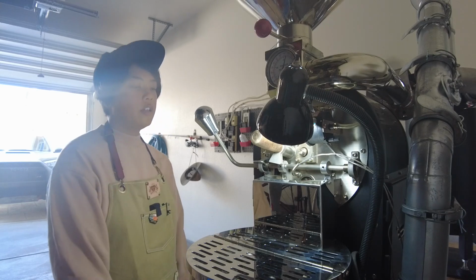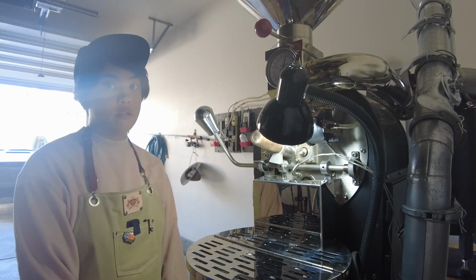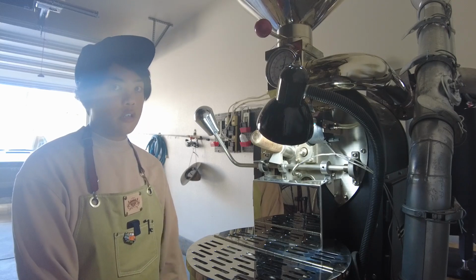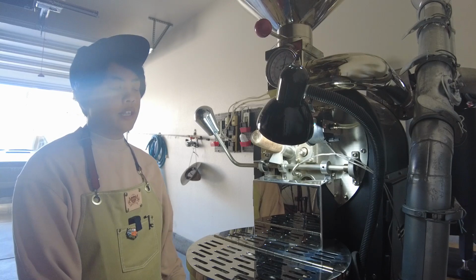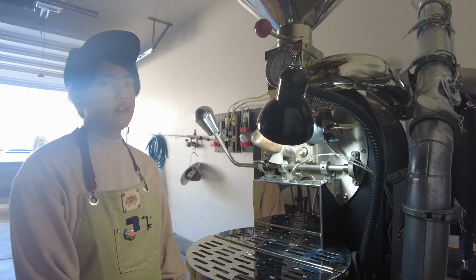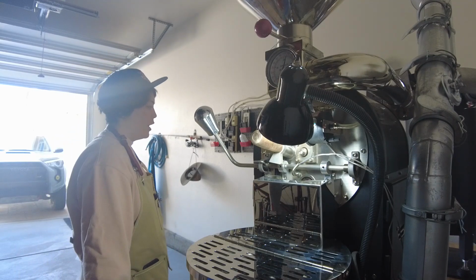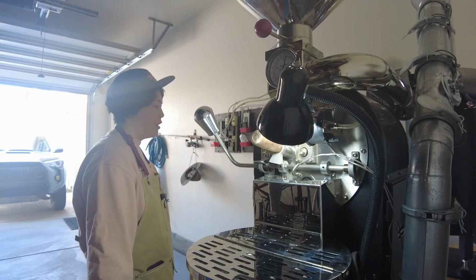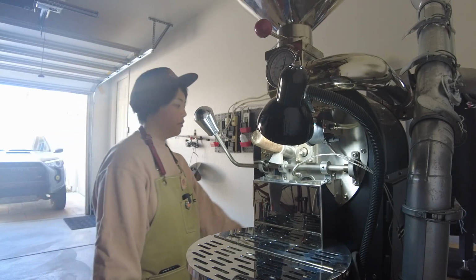So we're going to develop this to about 23% on the last phase. We're going to look at the color, look at the temperature, and look at what we did last time because we have an underlay. And then we'll decide to drop, at a 12 ROR. At 16% on the last phase, I should be making